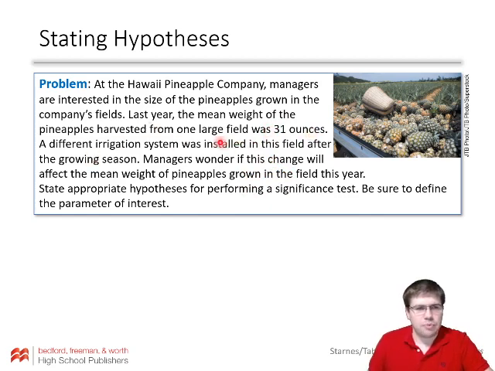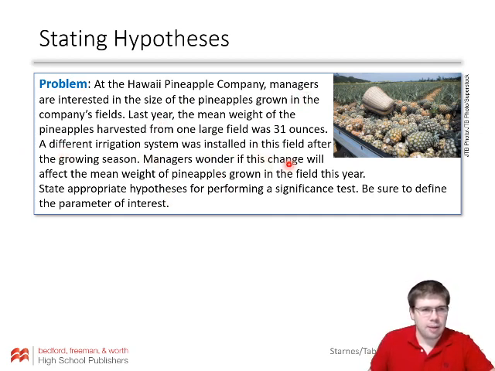So the mean was 31. We changed some things. Is it still 31? And so the null hypothesis will be that it equals 31. The alternative can be a little trickier. Is it one-sided? Is it greater than? Is it less than? So we have to read into the problem and think and specifically answer the question they're